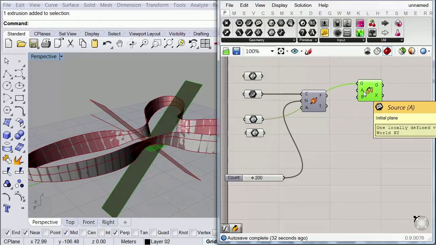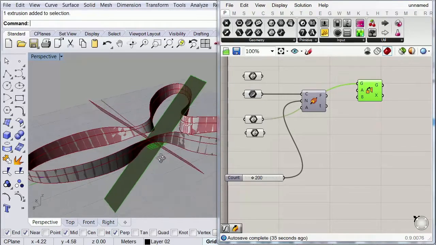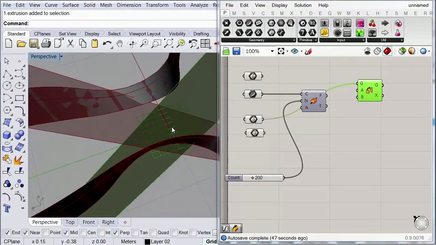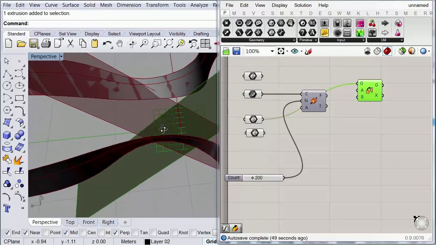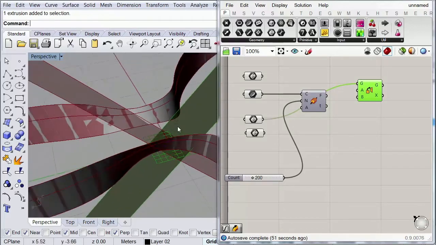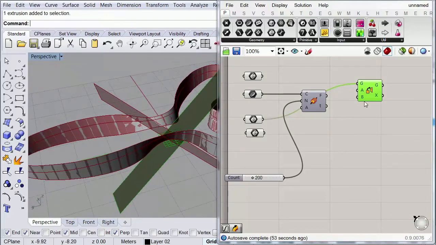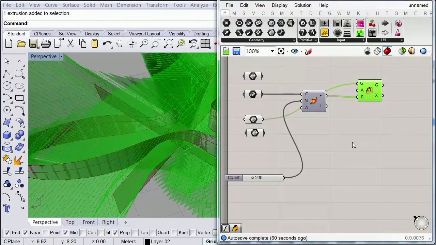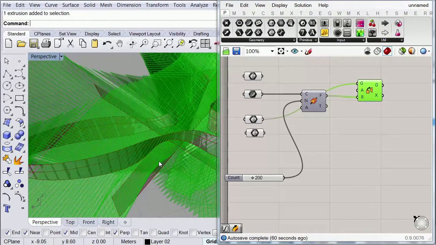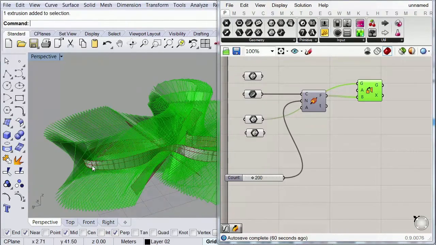And as my initial plane, I'm going to leave it as it is. And the reason is because we actually created our surface exactly aligned where the plane needs to be. So I'm going to leave it like that. And then for my final plane, I'm going to select all these frames that we have created over here. Okay, so now you should see all these surfaces being oriented